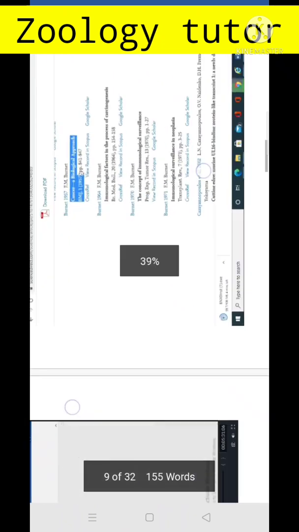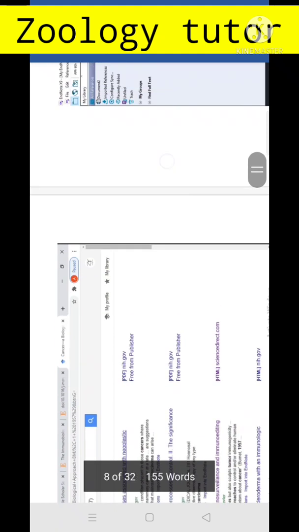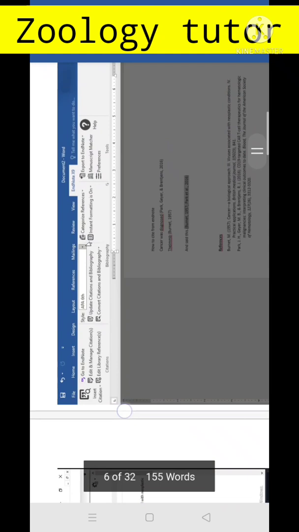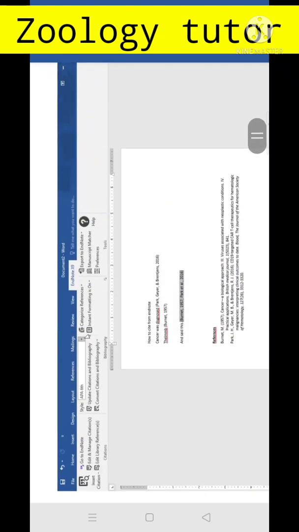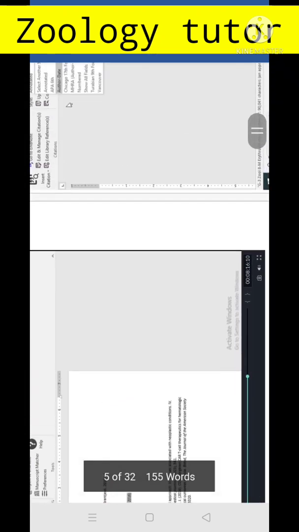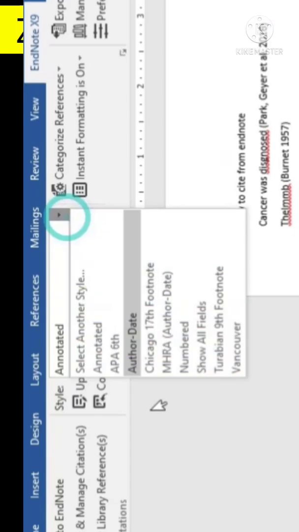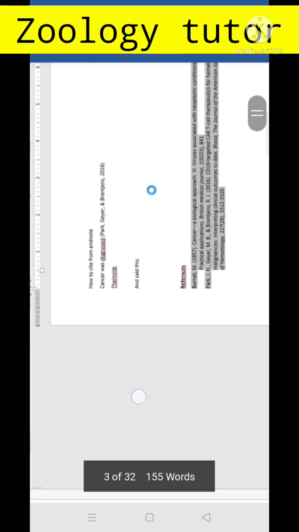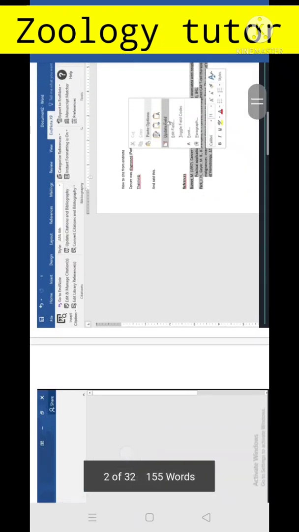For searching this, you just need the name of an article, then you need to Google Scholar it, and then you can just import it to EndNote, and then you can just quote it or cite it or make the reference library. You can change the style for everything using the style format that is given in the menu bar. For example, you can select APA 6 or something. By default, annotated will be selected. At last, select all the references and click on update field to update them.